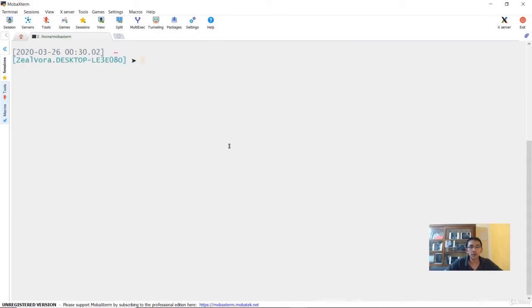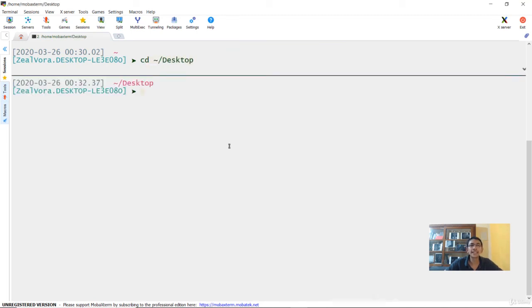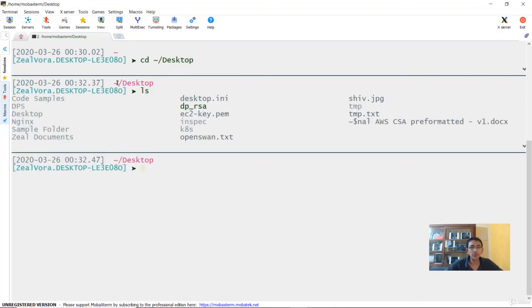Now, from our MobaXterm, the first command that you need to run is to go to the desktop. And this command would remain the same in case you're using a Mac. Again, this command will work on Mac as well. Now, once you are in the desktop, and if you do an ls over here, you will see that there is a key called